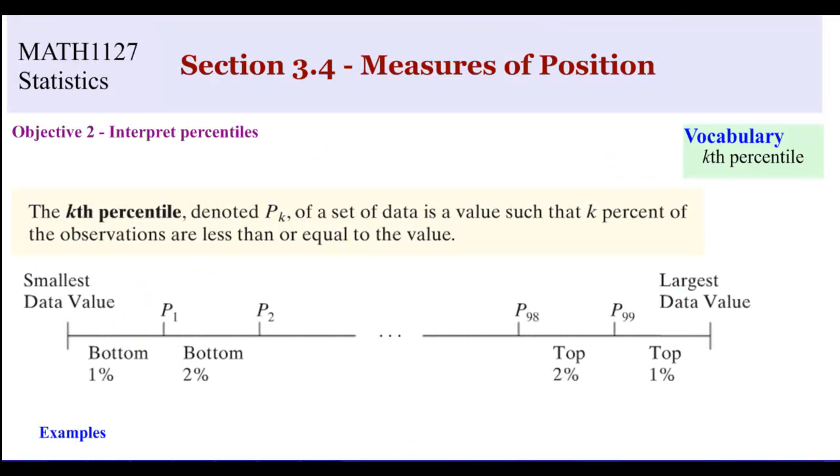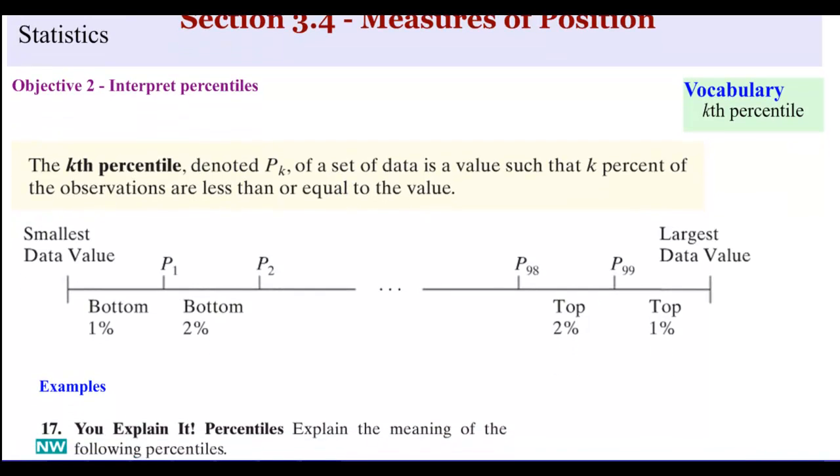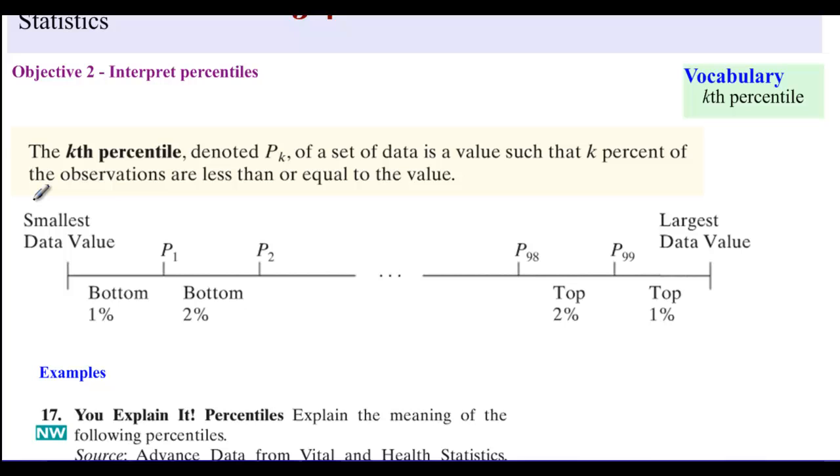All right, let's talk about percentile. So the kth percentile, denoted p sub k, is a set of data with a value such that k% of the observations are less than or equal to the value. So if you score in the 97th percentile, that means that 97% of people had your score or below. So only 3% were above you. And we would have denoted that you were in the 97th percentile,